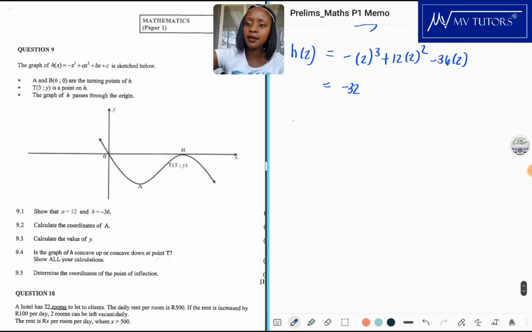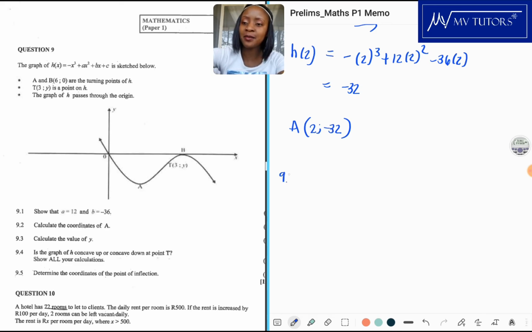So A is 2 and negative 32. Okay, it is a negative value, so yeah. And now